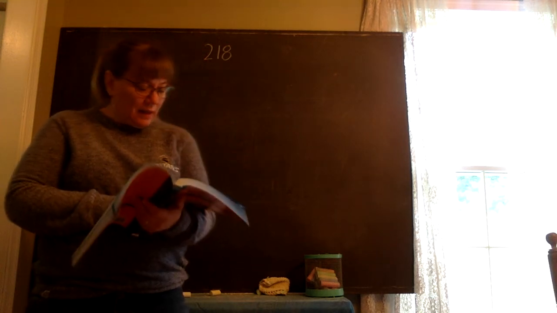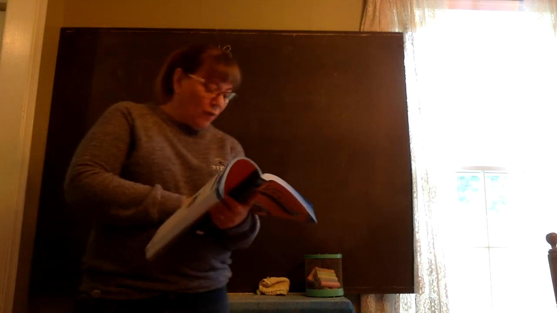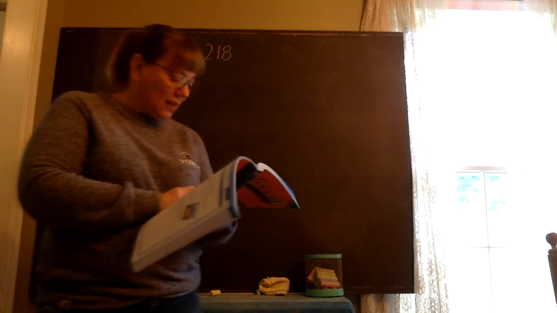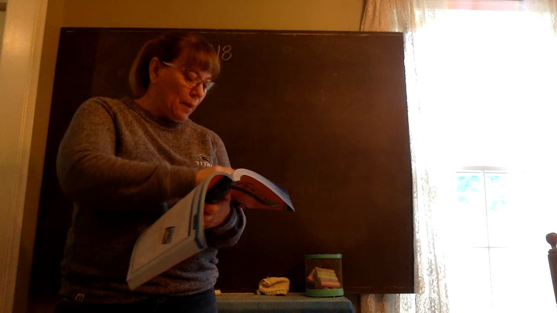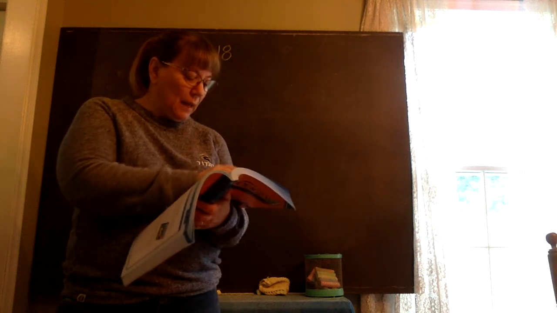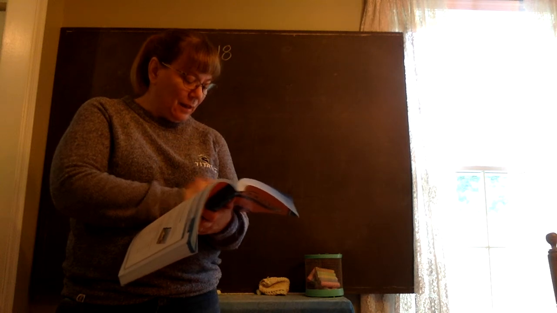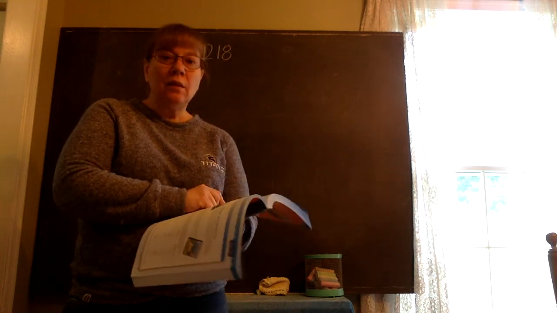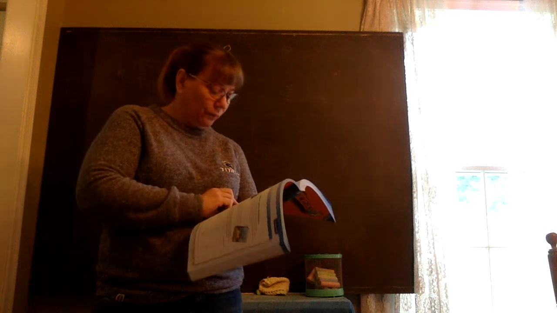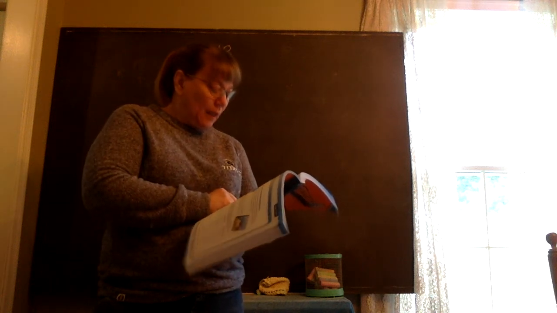All right, and then it says number 1. Which volume number would you use to find facts about snakes? So look at the book again. It says Encyclopedia of Knowledge, S, volume 19. So on number 1, you're going to write the number 19. Number 2,